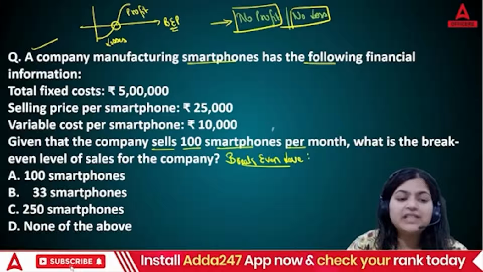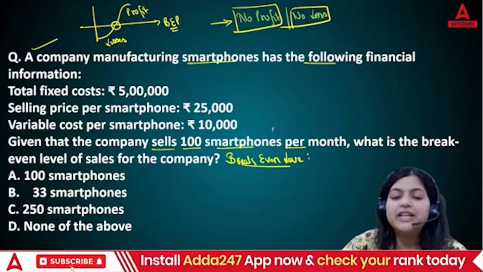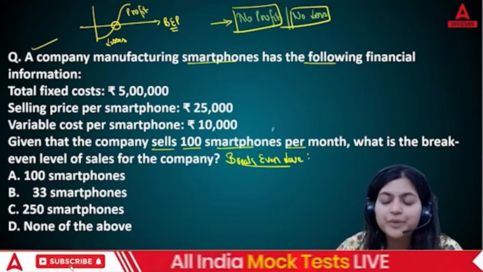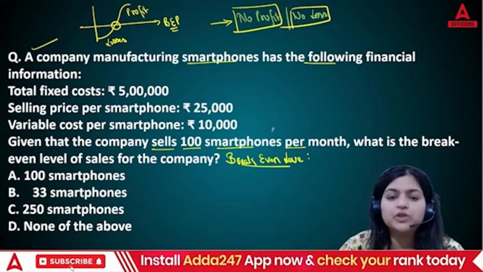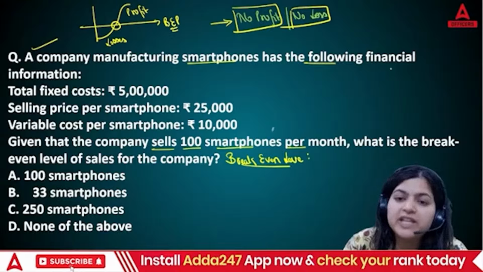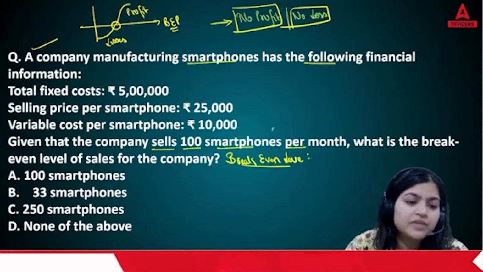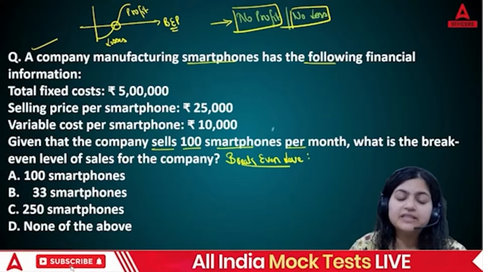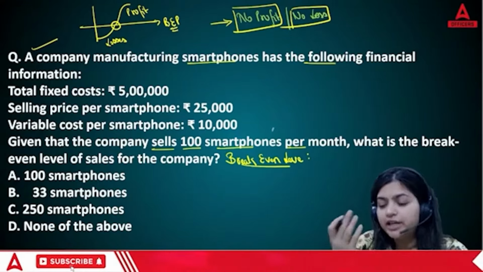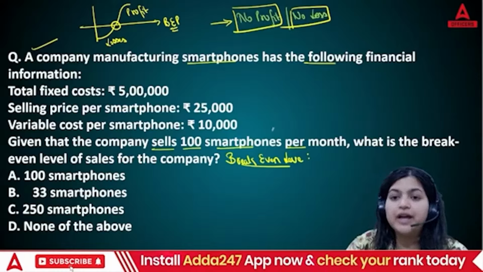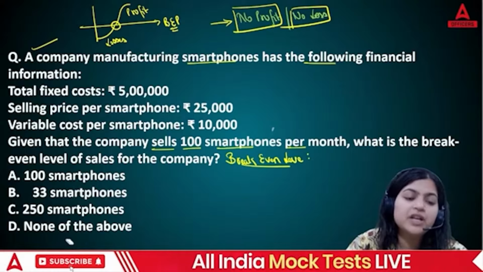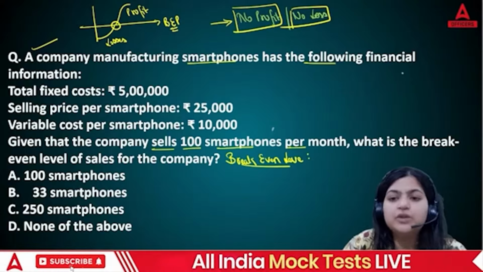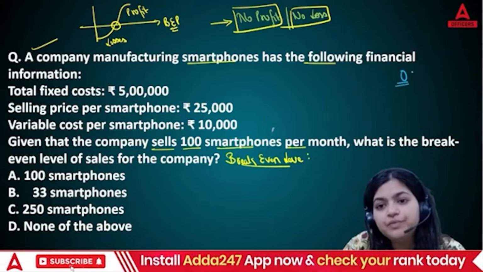See, if you're saying zero is your break even level, then you are wrong, because businessmen, when they are manufacturing zero units, then also they need to incur some expenses. Let's say 0 units as your answer, but here you are not manufacturing, but you are incurring rent expenditure. So if you say break even point is always equal to 0 units, then you are wrong.